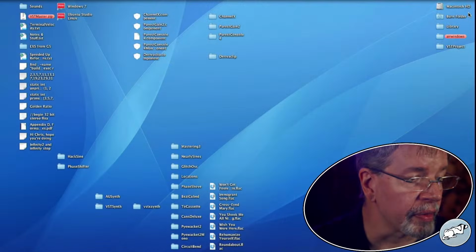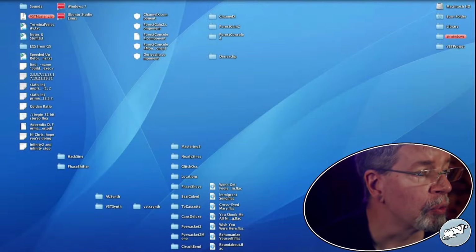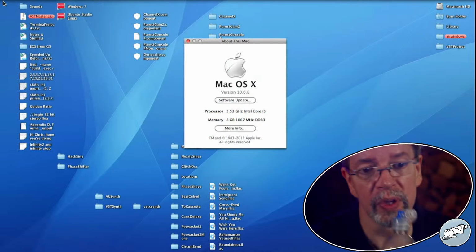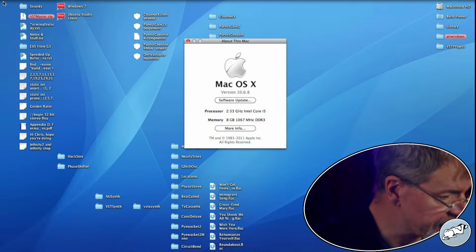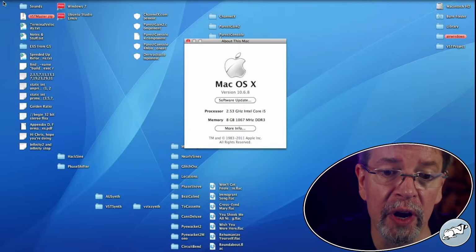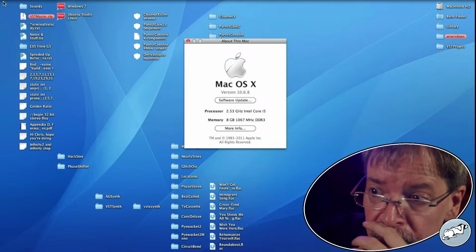There will doubtless come a day when I am not there to do the live stream, but today is not that day. I'm here and we're going to do some plugin making. And I've got a number of ideas that I'm going to pursue. Look, there we are with my wonderful retro machine that we're going to start by making retro plugins on.